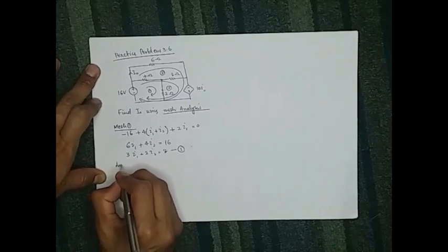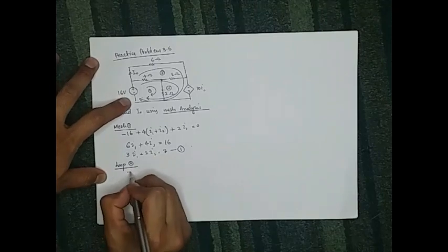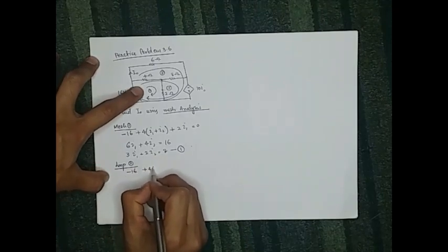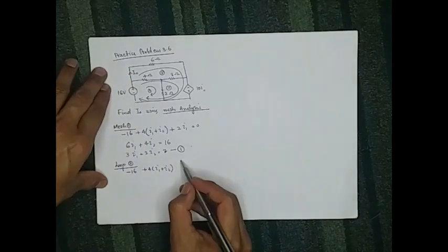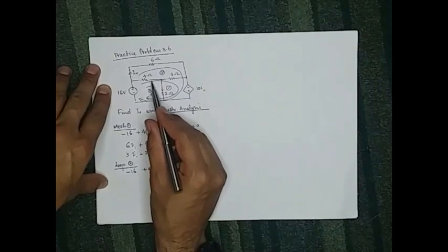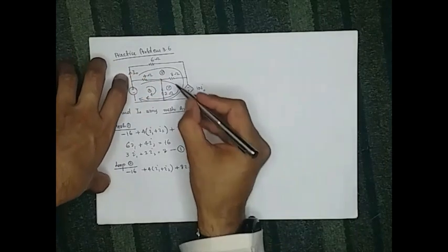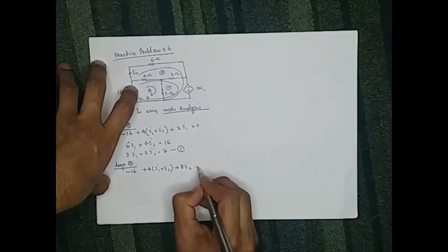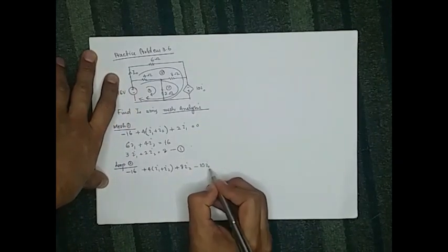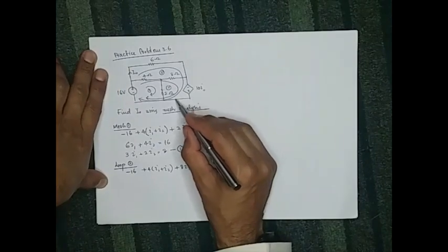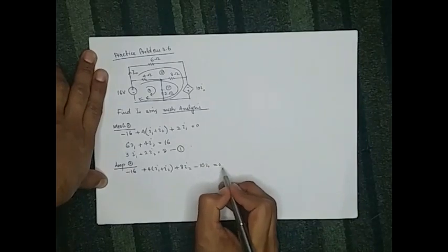सो अगर हम लूप 2 कंसिडर करें तो -16 + 4(I1 + I2), दोनों इसमें से पास कर रहे हैं, + 8 I2, इसमें सिर्फ I2 पास कर रहा है, माइनस, ये एक वोल्टेज सोर्स है जिसकी वैल्यू है 10I0, और यही कंपोनेंट्स हैं, इज़ इक्वल टू 0।